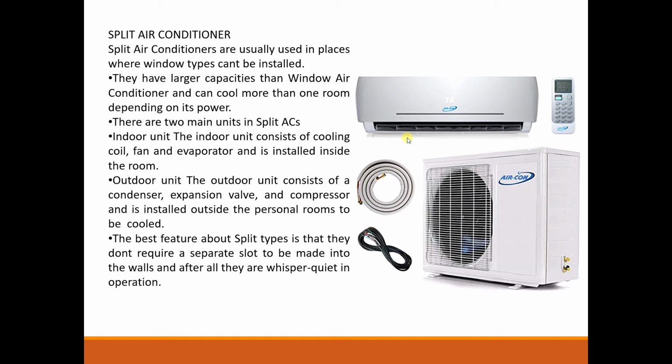And the split type of air conditioner: in most of our houses we use this type of air conditioner only. It contains two units, which is why it is called a split air conditioner. One unit is outside, called the outdoor unit, and inside our room we have one more, the indoor unit, right? All the cooling and other things will be performed by the outdoor unit. Only the cooled air will be passed through this duct, and forced air will be conducted through these ducts. Later we get cooled air in our room. It is for normal applications, not for others.